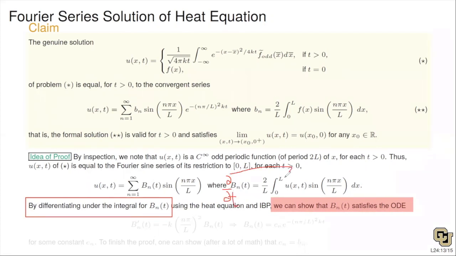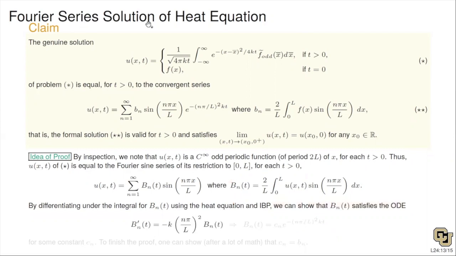and then I bring that t derivative inside the integral. This becomes u partial t, and now I know u partial t from the heat equation: u partial t equals k u_xx. And then you can do some integration by parts trickery and rewrite that. And so we can get a differential equation out of it. We can show this coefficient here satisfies this differential equation